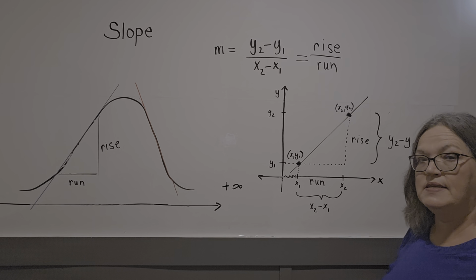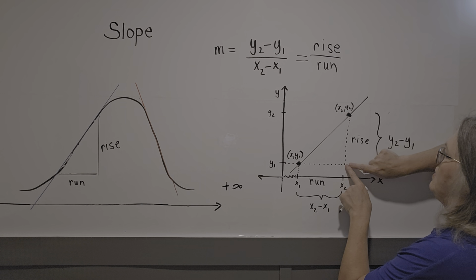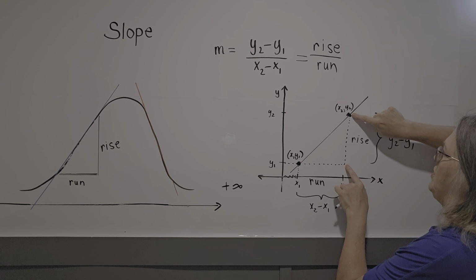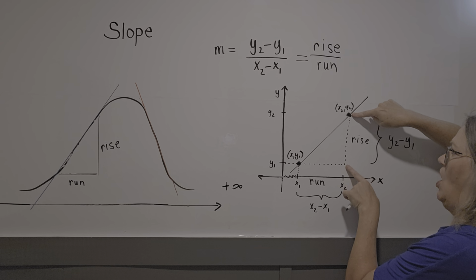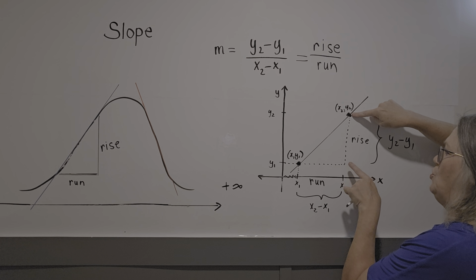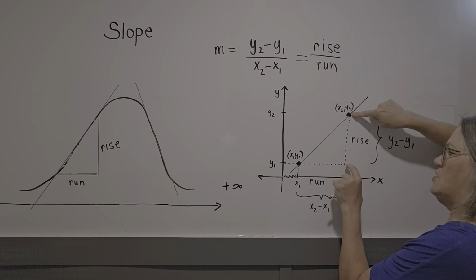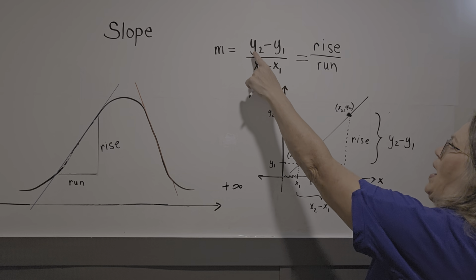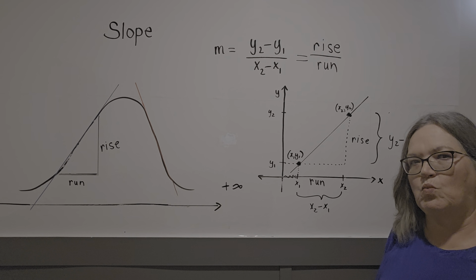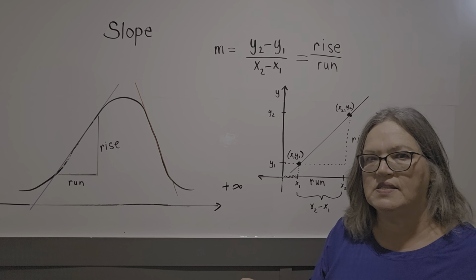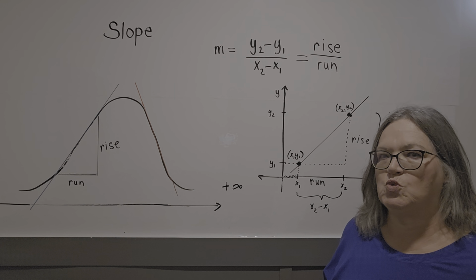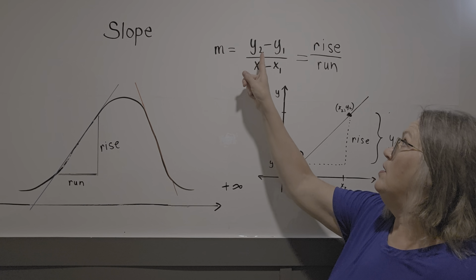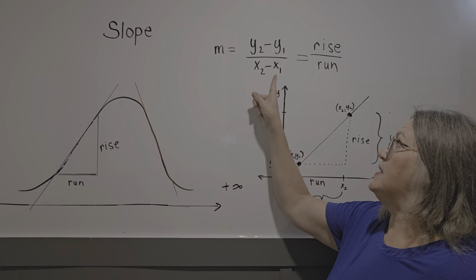Then to calculate the rise, you're going to go from this y1 height here, we're at a height of y1, and we're going to a height of y2. So the total height that we've gone up is y2 minus y1, because we want to subtract off this distance. We don't want to count that. We're starting here and rising to this point. So we take y2 minus y1. It's always important when you're doing this calculation to pick your points. It doesn't matter which one is point 1 and which one is point 2, but you have to be consistent. Once you've picked point 1 and point 2, y2 minus y1, x2 minus x1, you don't want to get those